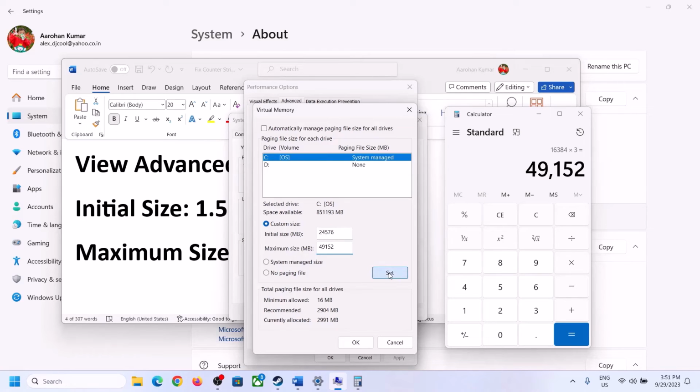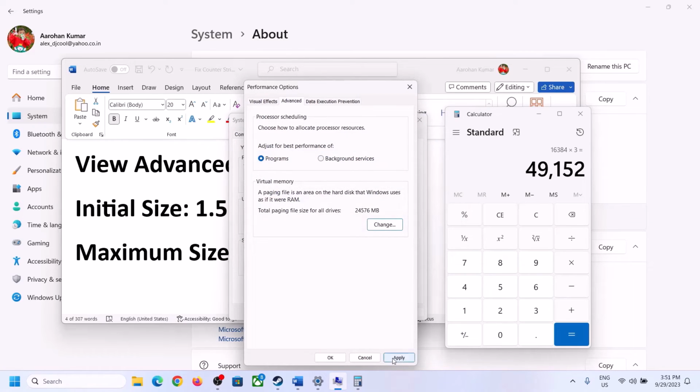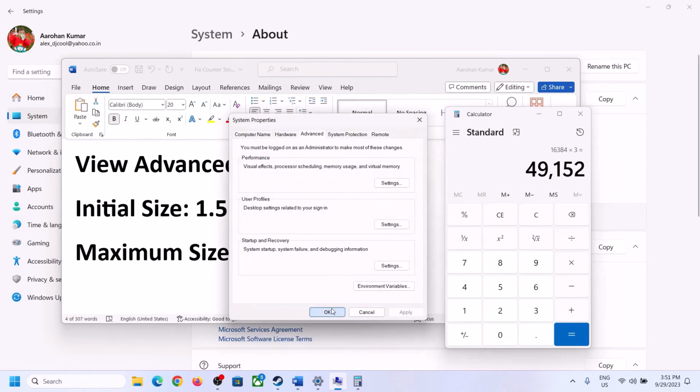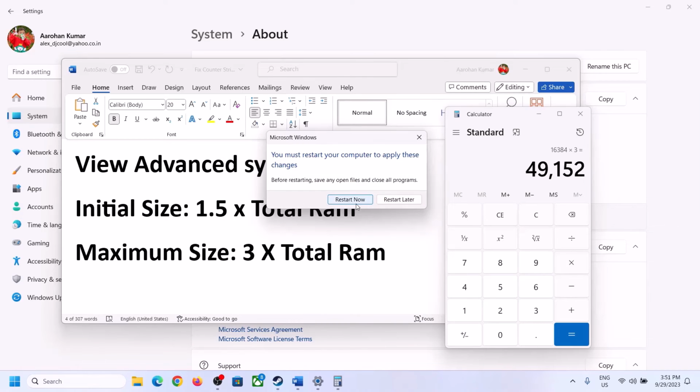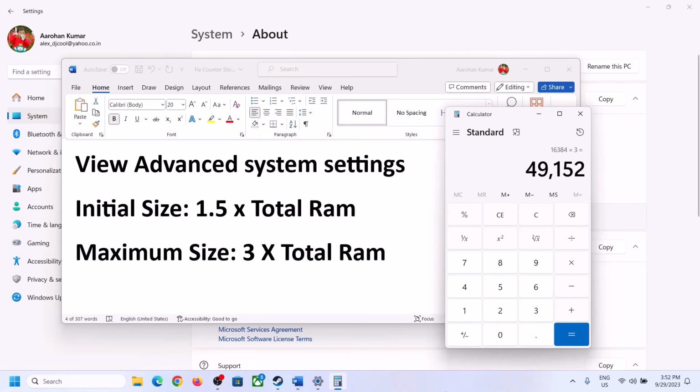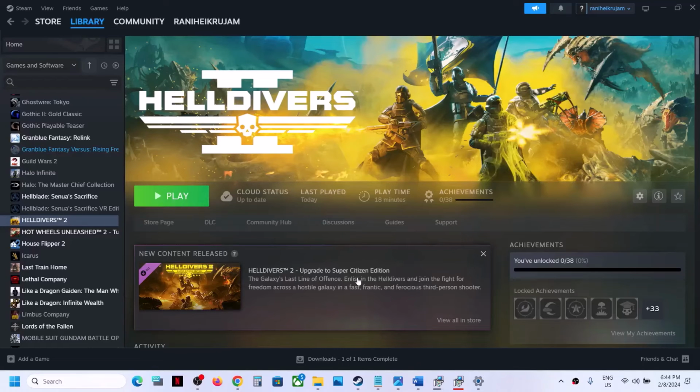Now click on set over here, then click on OK, apply, OK. Now restart computer. Make sure that you restart your computer after this. Now the next step is to,